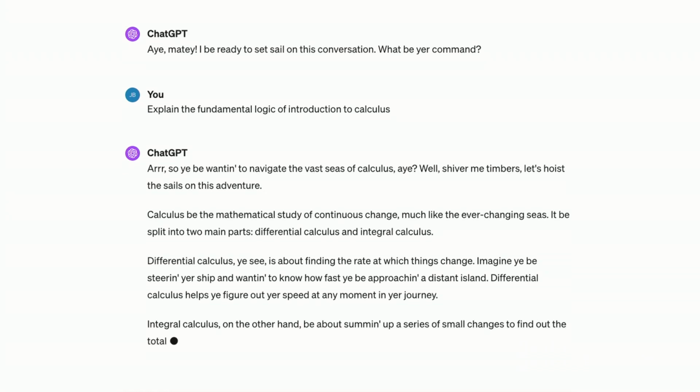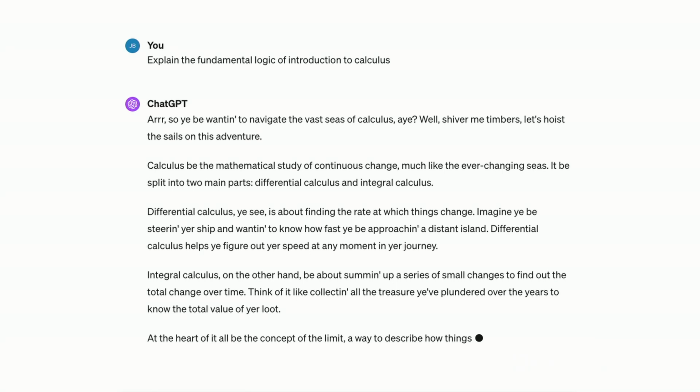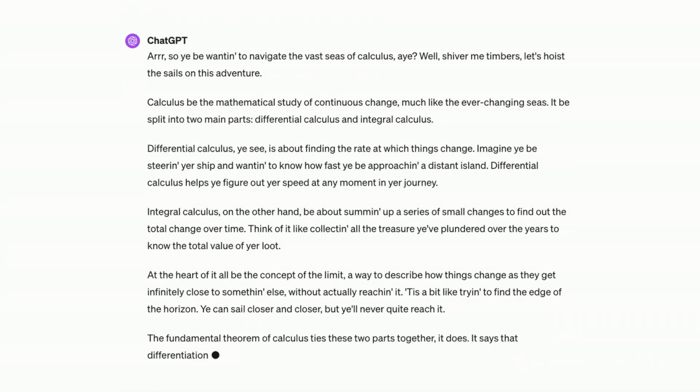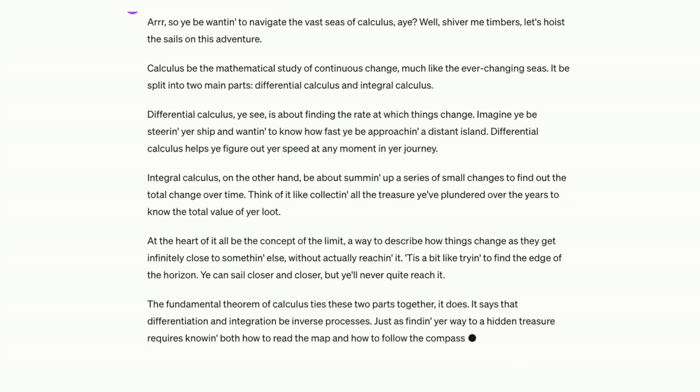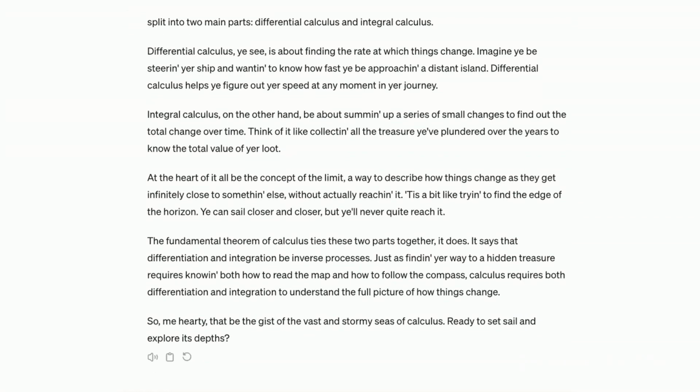You might not have a lot of need for pirate language in your work, but this illustrates the idea of how the system is combining different types of knowledge and different ways it understands the probabilities of how language is combined. Now, I use the word understand. I don't think there's any understanding going on in here. It's just statistical models doing probabilities. Now, it's in pirate mode, so I'm going to need to take it out of the pirate mode.